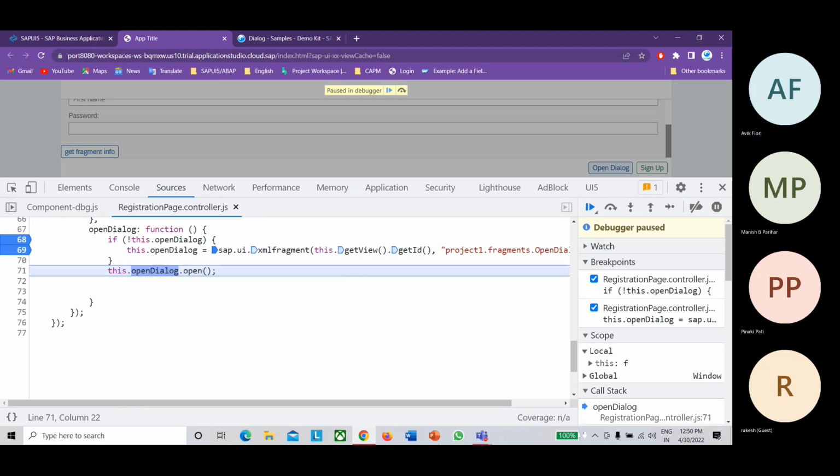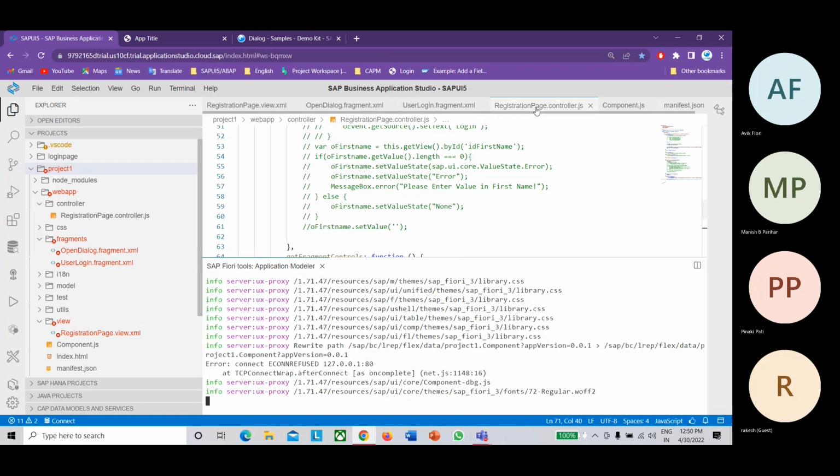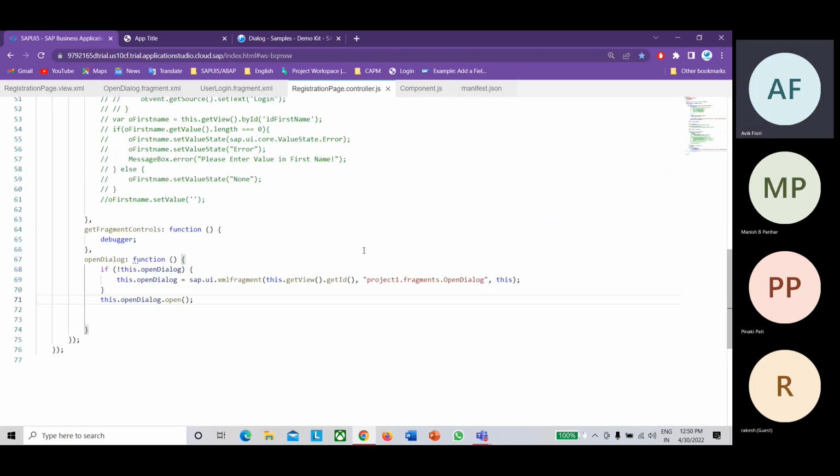Oh, what mistake have I made? Can you see the mistake I've made, guys? I kept the same function name. I kept the same variable name.